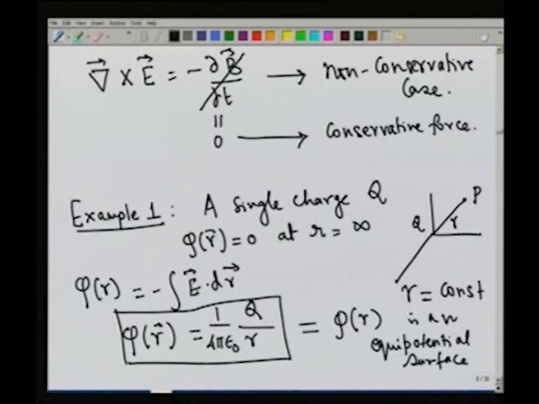When I consider more complicated charge distributions, the equipotential surfaces become more complicated. We can see that because the field is radially outward, my electric field is actually always perpendicular to the equipotential surface. So, in some sense, if I can draw equipotential surfaces corresponding to complicated charge distributions, I almost immediately get an idea of the nature of the electric field even without actually calculating the gradient of the scalar potential. Okay. Once I do that, I can immediately write down the potential due to a distribution of charged particles.